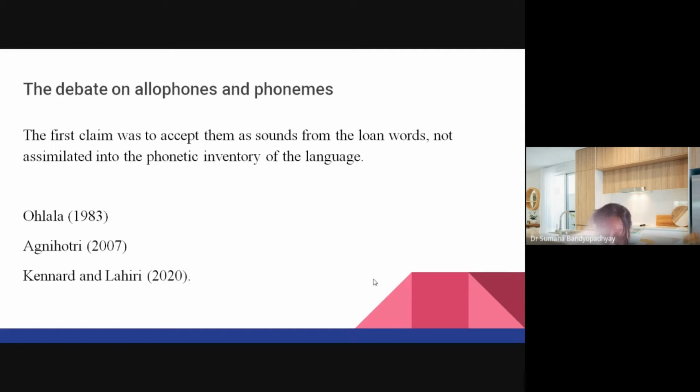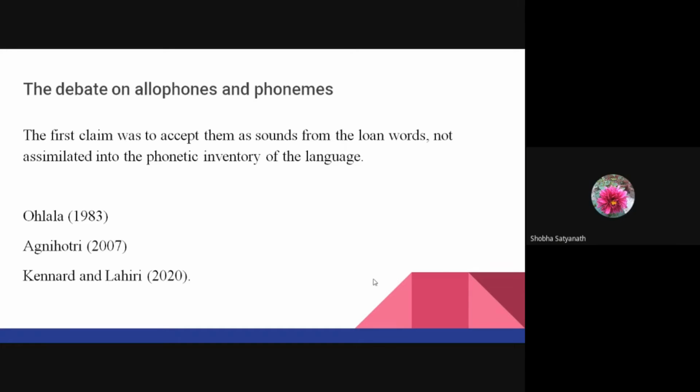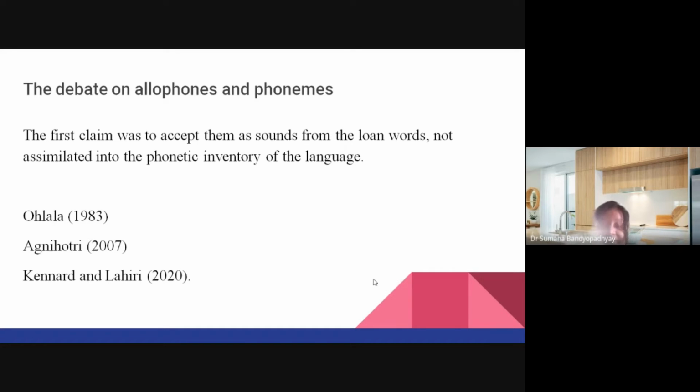Of the five consonant sounds in the discussion, four are fricatives: kh, gh, f and z. Only the uvular k is not a fricative. It is a stop, and it occurs in minimal pair with k. For example, halka, that is light in weight in Hindi, is in minimal pair with halka, that is a circle in Arabic, which originates from Arabic halka.